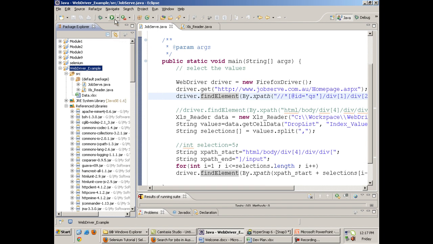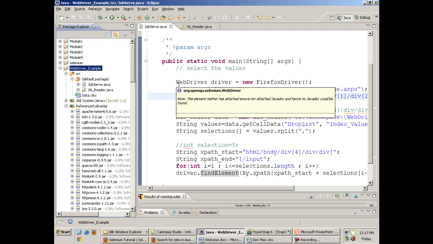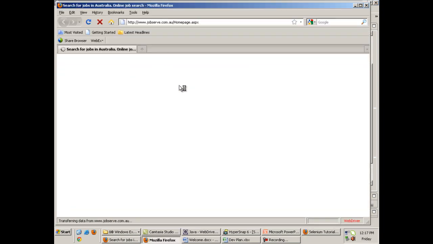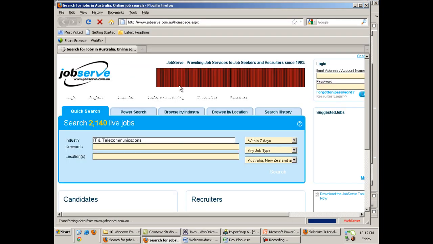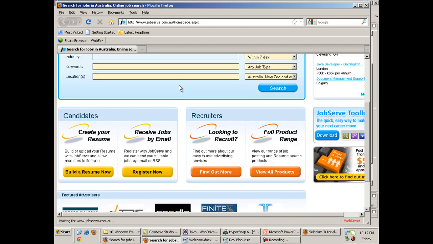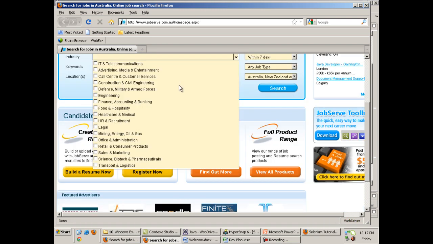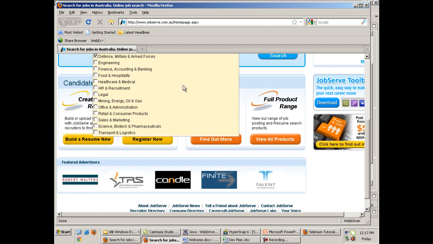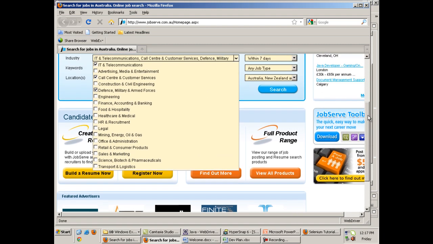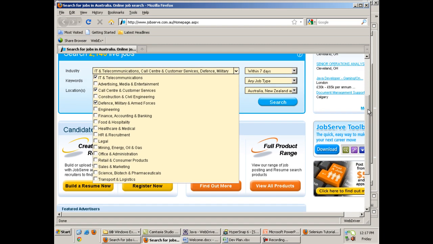Right, now when I run this code, the first, third, and fifth checkbox will be selected. You see that first, third, and fifth checkbox get selected. So this is as per the configuration in the XLS file. Tomorrow you can change the index and a different index will be selected.